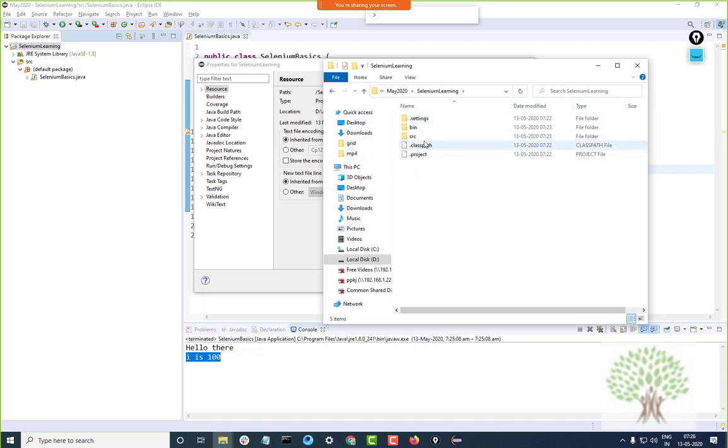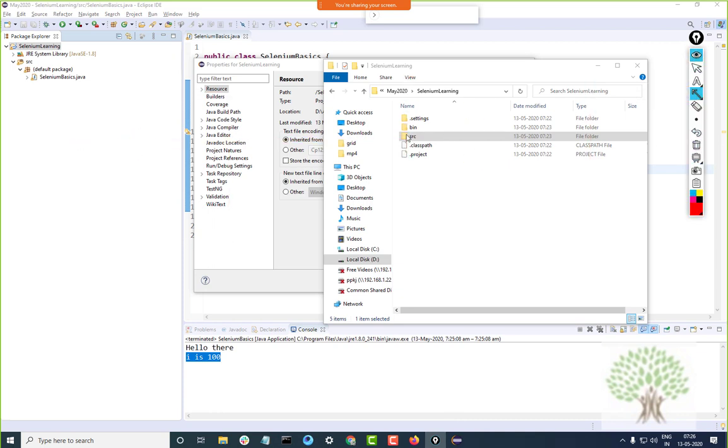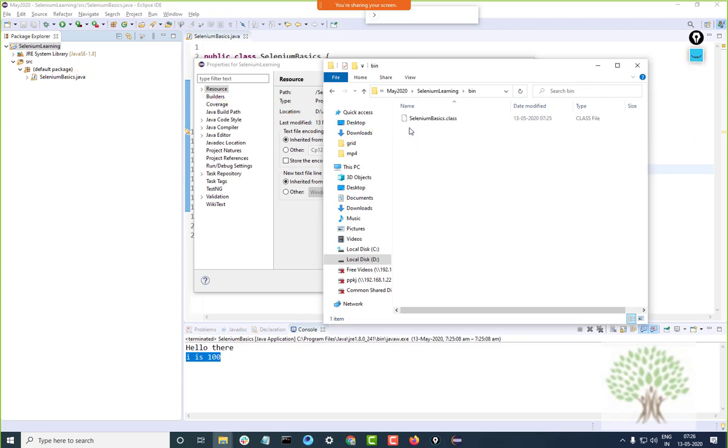Now you see different folders and files, out of which only the source folder is visible inside Eclipse. There is also a bin folder, in which you will find the SeleniumBasics.class file. Every Java file is converted to a class file.